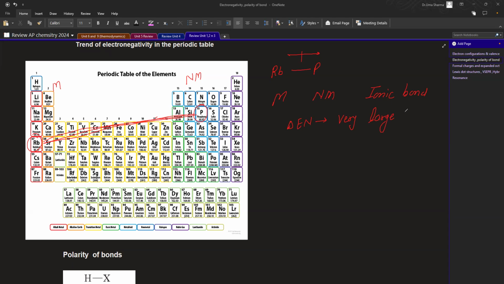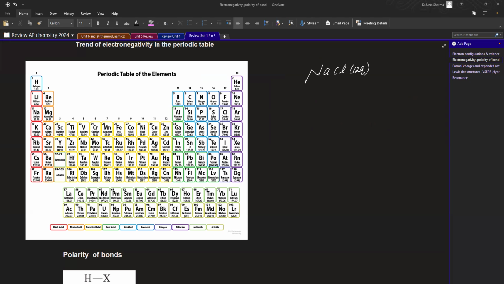Aditi is asking for ion dipole bond. Yeah, many students are asking this question, and this is a very important latest trend in AP chemistry. So children, understand here. You have already done Ksp and all these things with me. Like for example, if I say I'm dissolving NaCl in water,